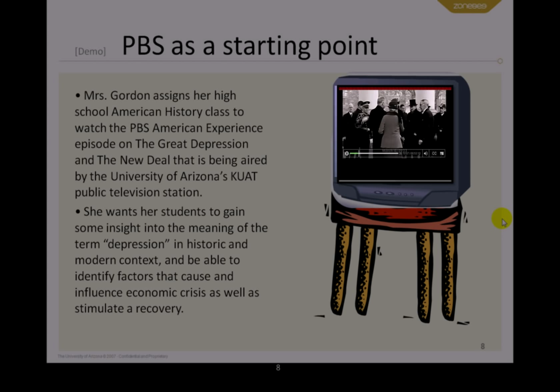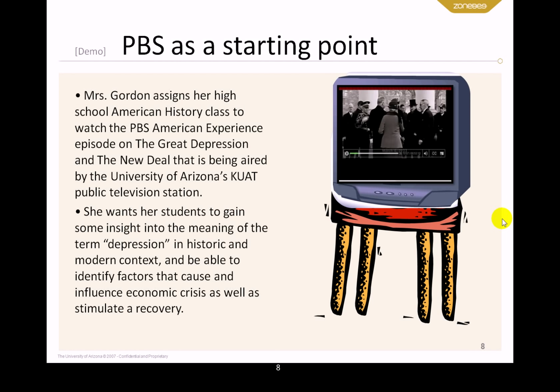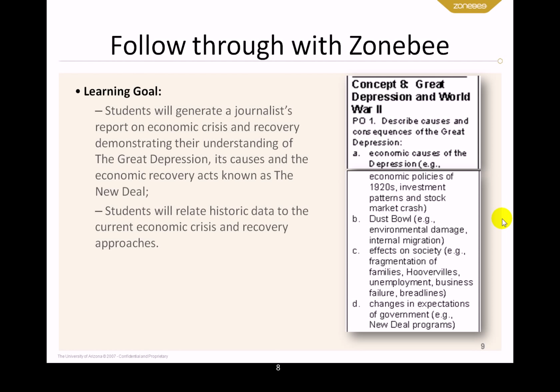She's also going to want them to look into the meaning of the term depression, both in historic and modern context, and the types of recoveries that were used after the crash of '29 and today. Keeping in mind that self-directed learning process, she's going to think of what that learning goal is, and she wants them to generate a journalist report on the economic crisis and recovery, demonstrating their understanding of the Great Depression, its